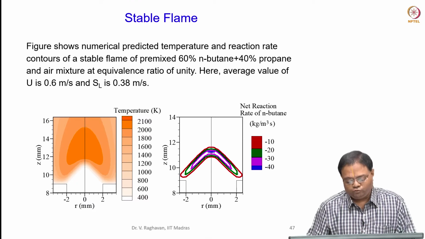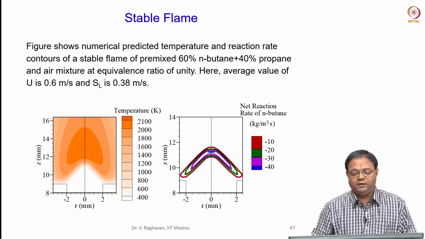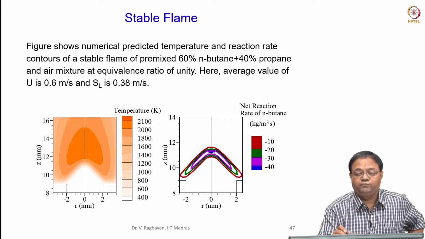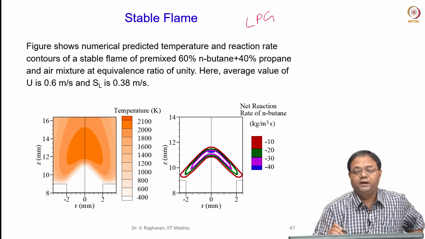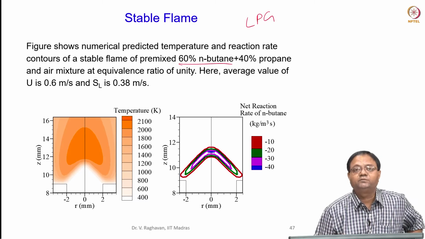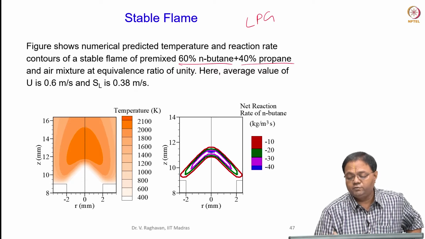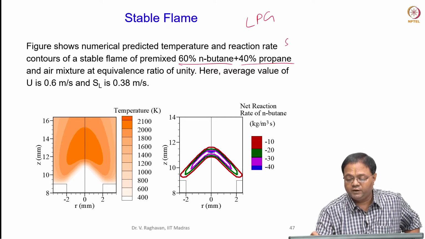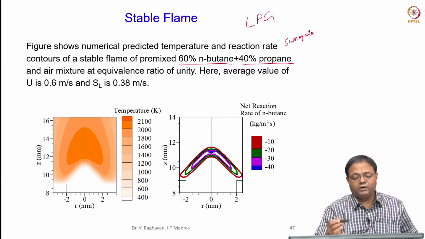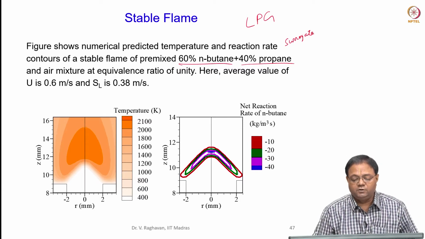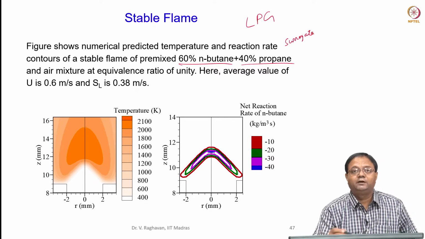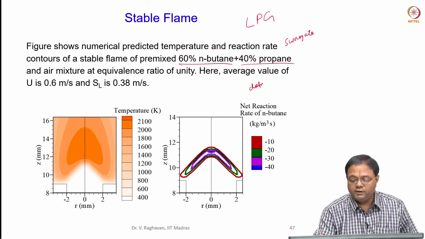So now we have also predicted numerically. We have taken a surrogate of liquid petroleum gas, LPG, which is say 60% butane and 40% propane. This is called surrogate of LPG. When you try to numerically predict this, again a detailed mechanism is used, detailed chemical